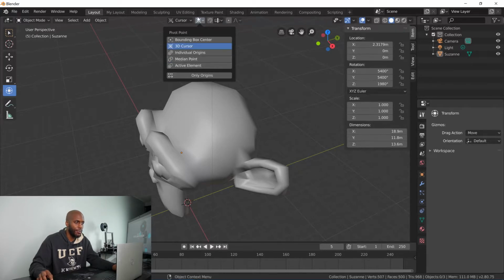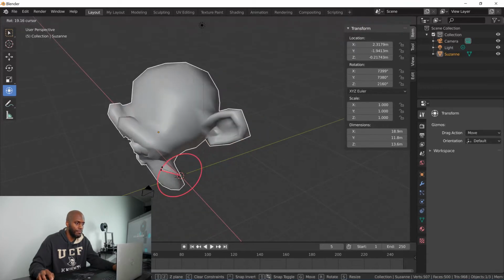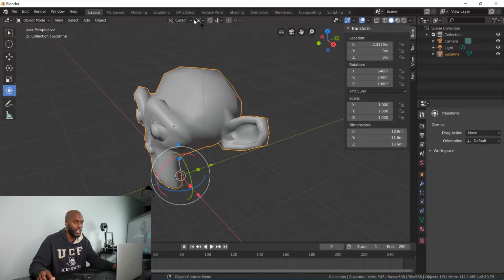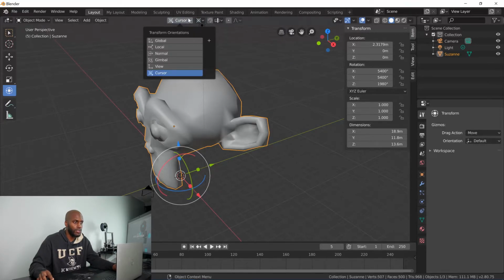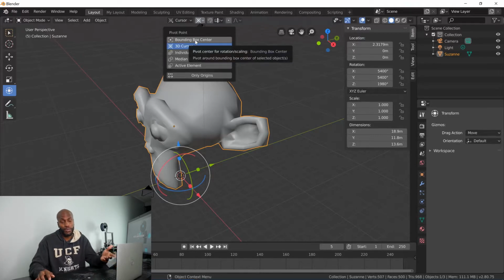So 3D, when you put it on, now you have all of these other options. So when you put it on 3D cursor, you'll be able to rotate from the 3D cursor or translate from the 3D cursor. That's what I was trying to do. It's right next to the transform orientation. And this orientation, this is your pivot point. So establishing where your pivot point is, which I should have read it, but